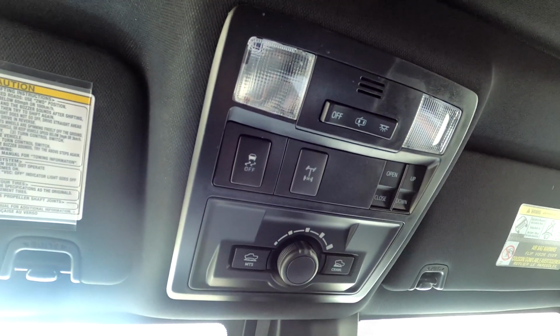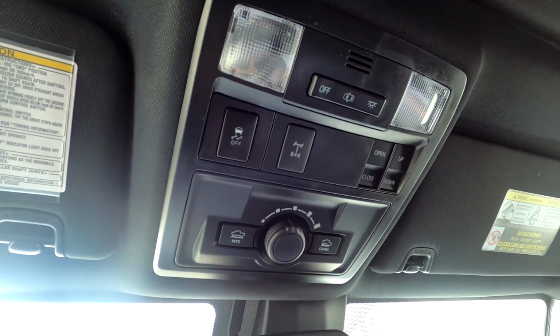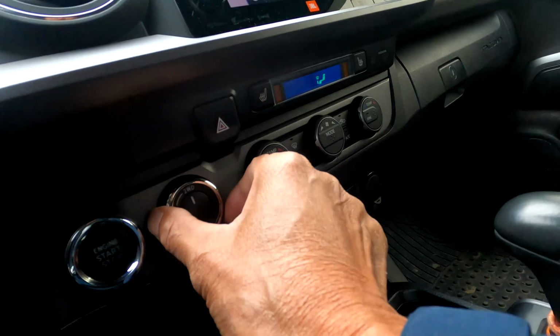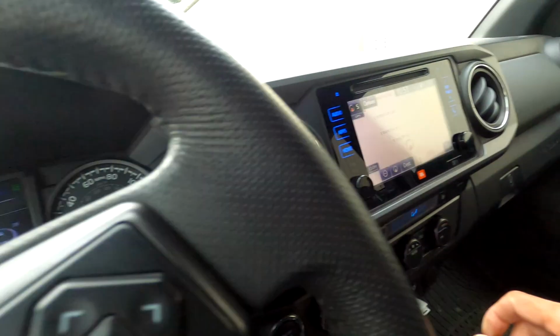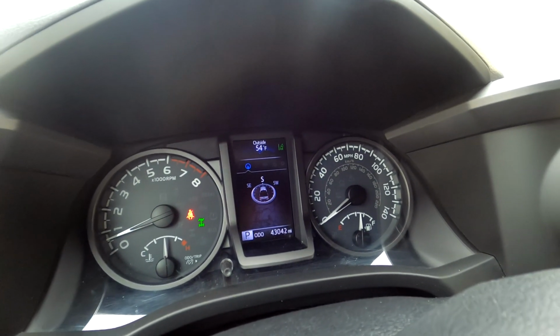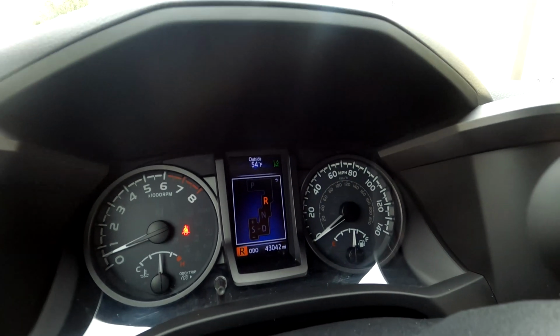for how to use multi-terrain selection and crawl control. Okay, and first of all you go to the four-wheel drive. Okay, four-wheel drive, you go to the high 4. This wheel flashing, that means it's not activated yet, and then you go to the drive or reverse or drive,